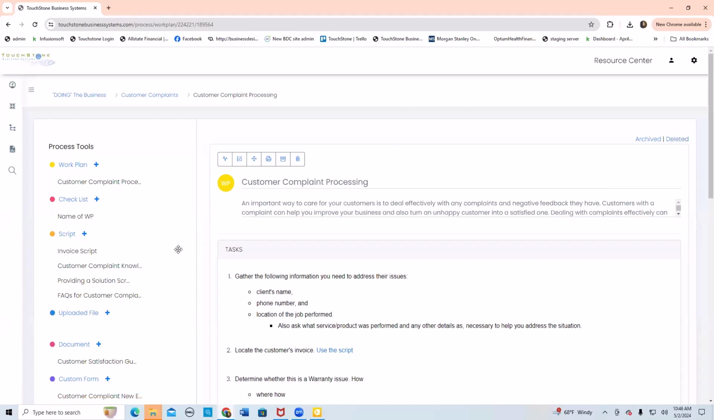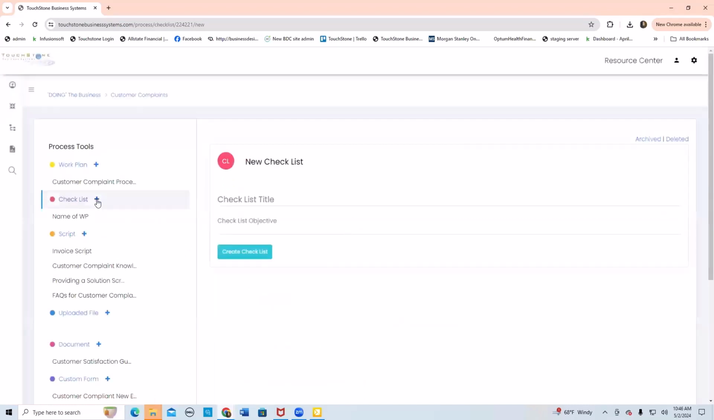Okay, let's talk about checklists quickly here. So to build a checklist, same idea as the work plan. I click the plus sign, and then it's asking me for the name of the checklist. Purpose, what's the purpose of the checklist? Why is it here? I feel like with checklists, it's even more important to say this, the objective, the purpose,